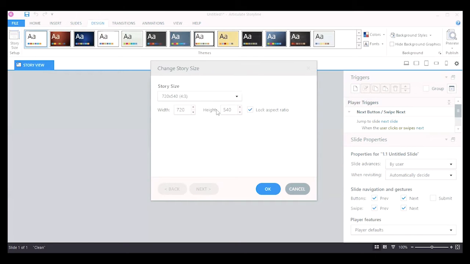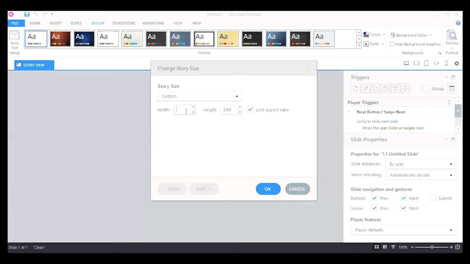So if we click on the drop down arrow, we can see that we have two options available as the standard options, and the third option is that we can have a custom option. As I have selected a custom option, now I can change it.